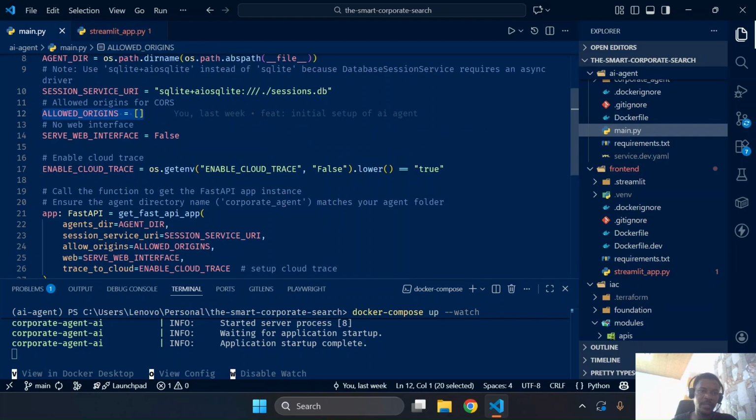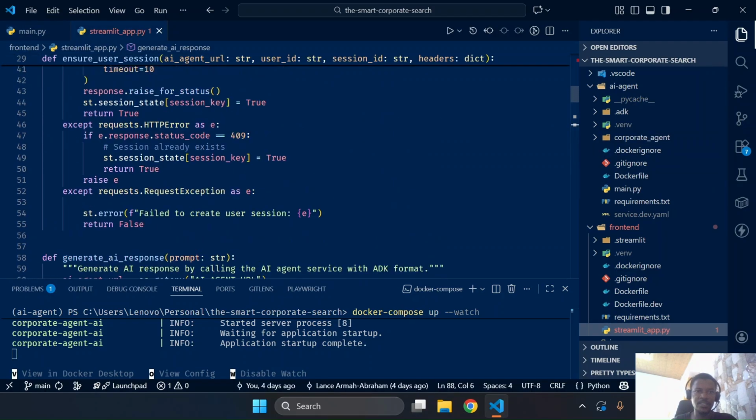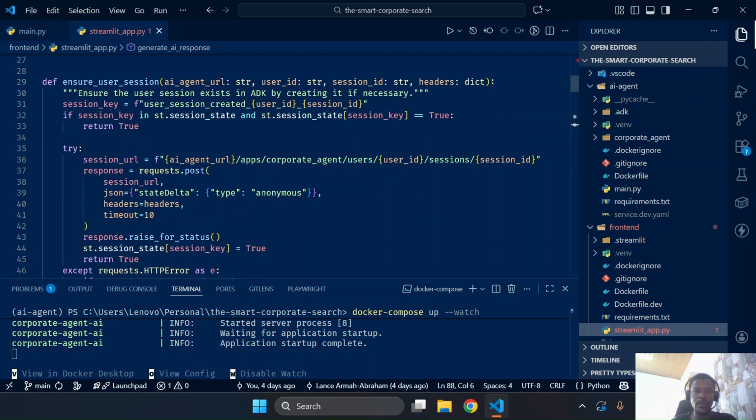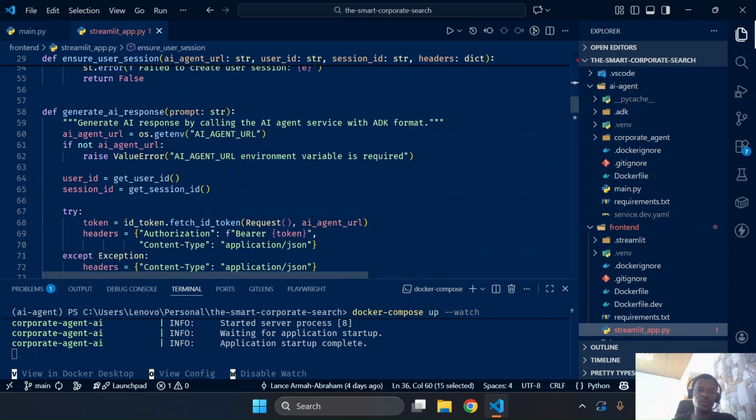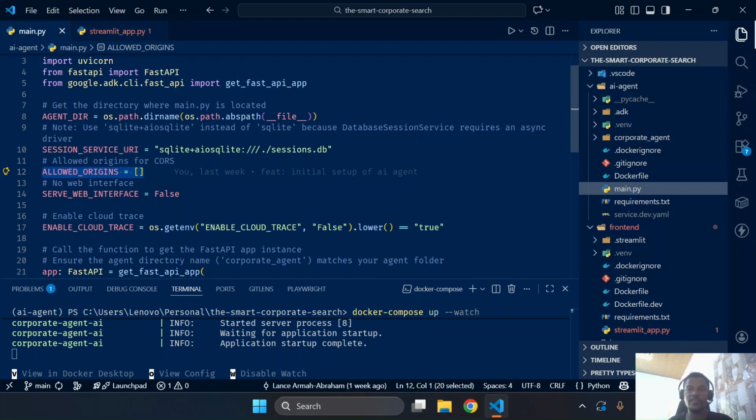So we look at the main, and you just specify the agent directory, which is where all of your agents are, so it can reach out to them. As you can see, we have the corporate agent. That is why in our Streamlit request, we specify here that we are going to the corporate agent, and also here. That's the app. You can create multiple agents or multiple apps and then make requests to each one of them. So Google ADK is basically a way for us to orchestrate